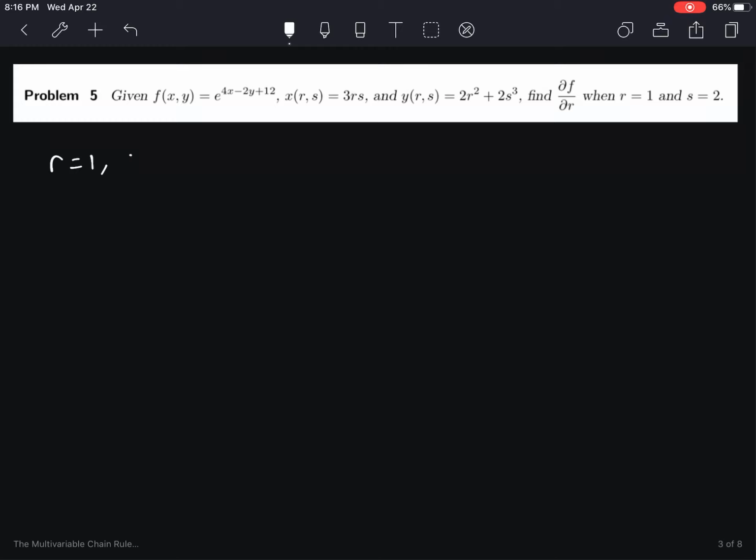If r is equal to 1 and s equals 2, x is equal to 3rs, that means 3 times 1 times 2, which is 6, and y is equal to 2r squared plus 2s cubed. So this is going to be 2 times 1 squared plus 2 times 2 cubed, which is 18. So we know what x and y are in this case, and we want to find this partial derivative